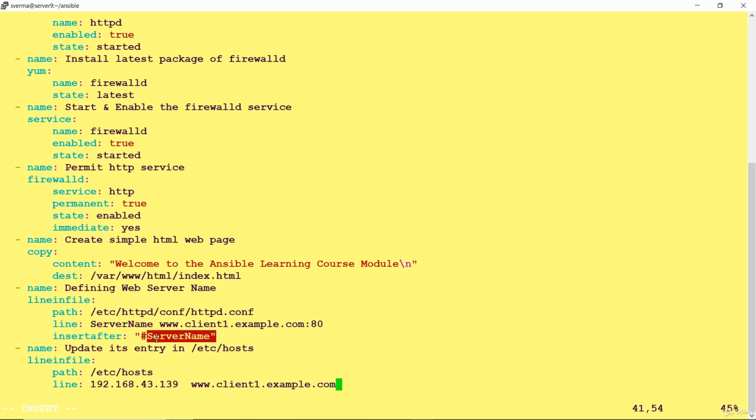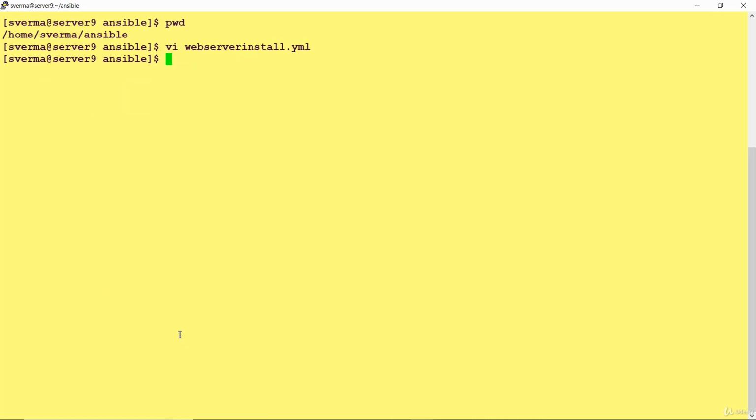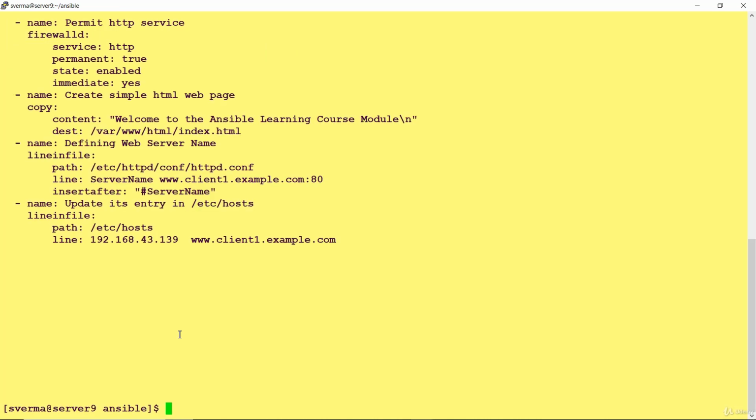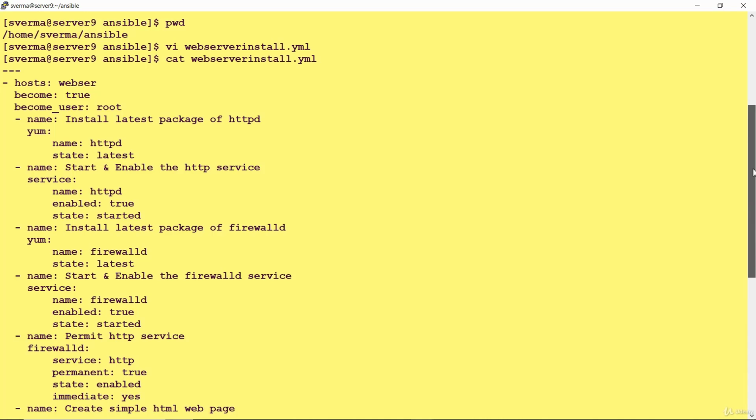Okay, so all has been done now. All the 8 steps have been done now. Let me come out from that. Okay, so this is what we have done. We have created a simple playbook here. You can see what all the things we have in this file. It's very simple. First it installs the latest package of Apache, then it will start and enable the HTTP service,